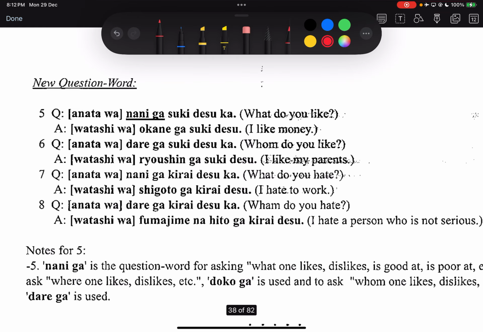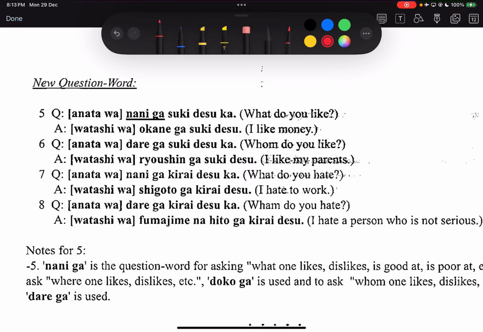Next page. So new question word on the next page. 何が好き? Right? So 好き is always together with ga, right? We need an object. We need to have an object to like. So in this case, our object we don't know what it is, so we just say nani. Right? So in the first lesson I told you this nani can be pronounced as nan, can also be pronounced as nani, depending on the particle behind it. So in this case, nani ga. Ga is pronounced as nani. So nani ga